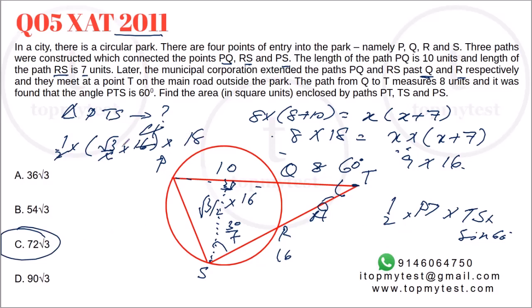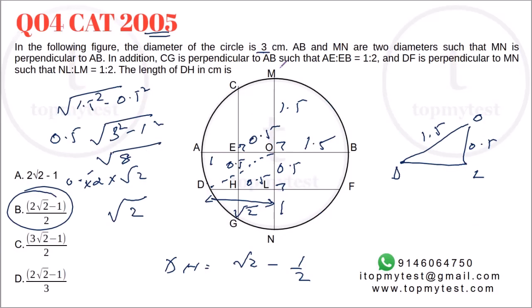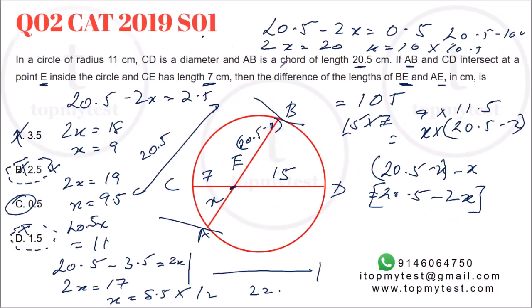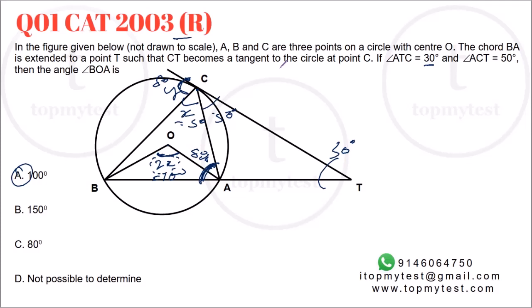It took us a longer time to prove this relation, etc. But in an actual exam situation, about 2.5 minutes, which especially for this particular XAT paper, read up on the history of XAT 2011. It was the craziest paper ever that was perhaps made in any of the competitive exam history. Right, so this is really gold dust for this particular one. As we can see, right, not very difficult. Understand the lines, understand the rectangles, squares, circles, etc. Job becomes pretty straightforward if you know the basic properties of a circle.